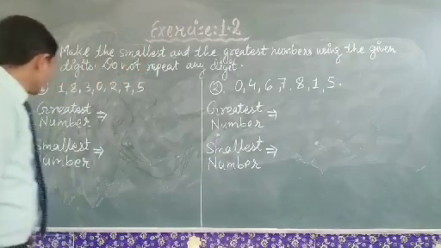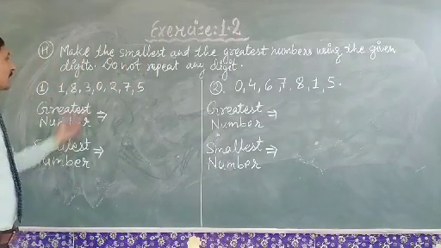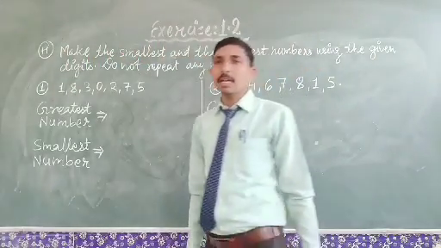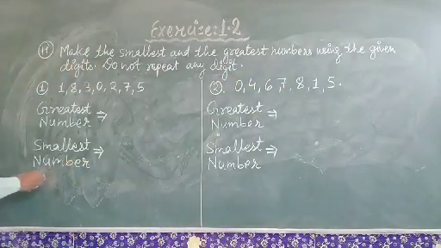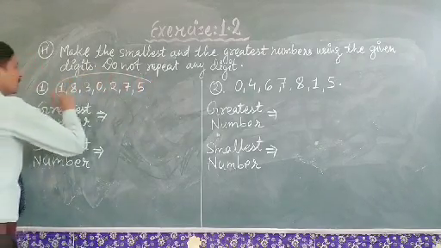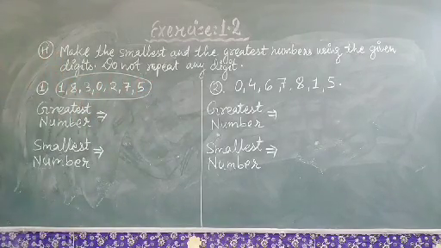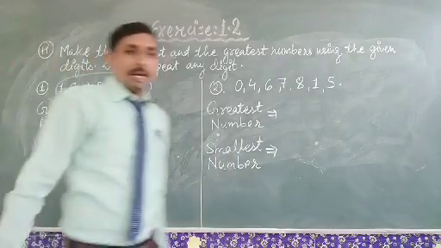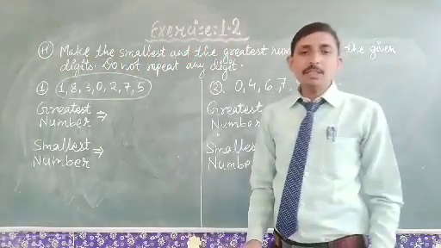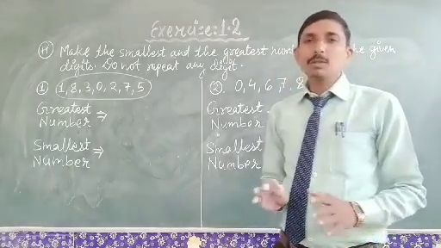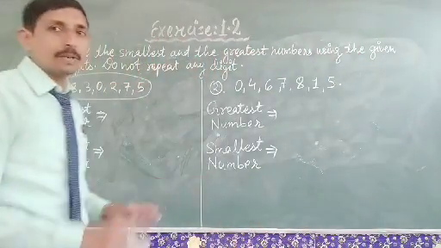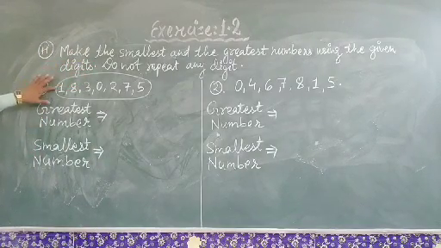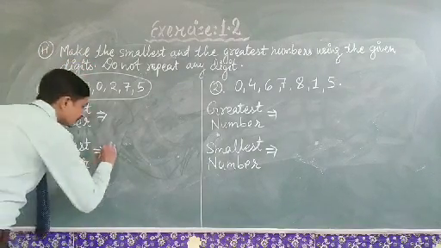So first of all, for writing the smallest number by using the digits, what we have to do? We have to write the smallest digit on the extreme left. First of all, we have to write the smallest digit from among these given digits. So you see the smallest digit is 0, but at the beginning when we write 0, it does not have any meaning. So that's why we do not need to write 0 at first. So first of all, we have to write the digit bigger than 0.